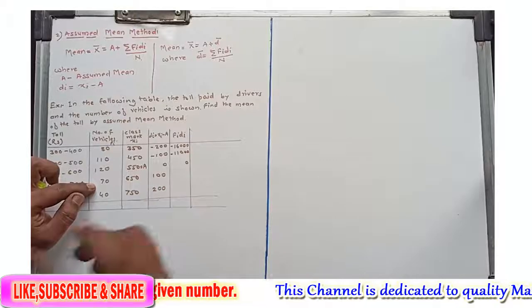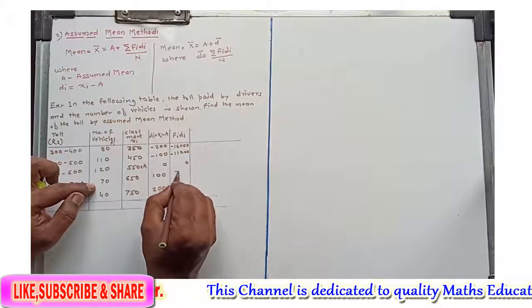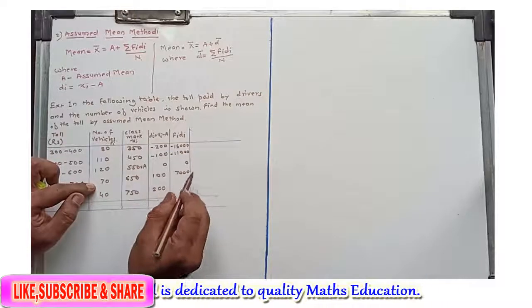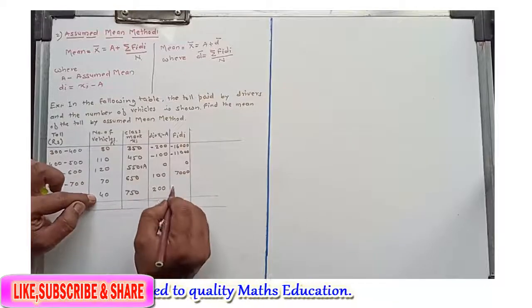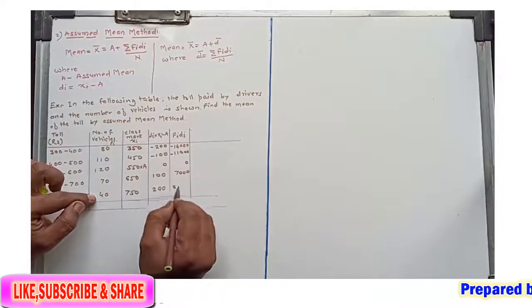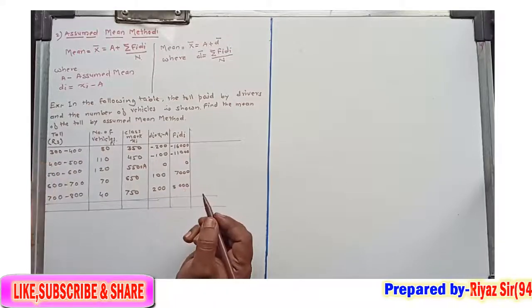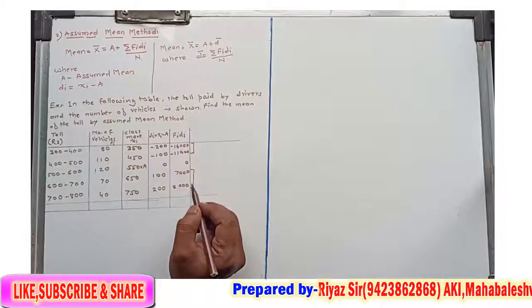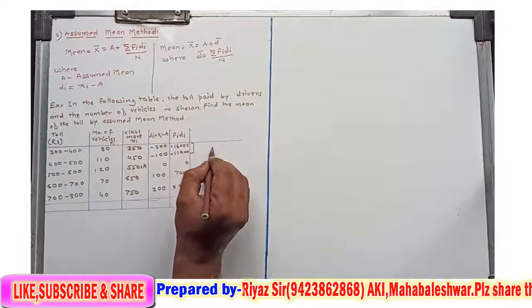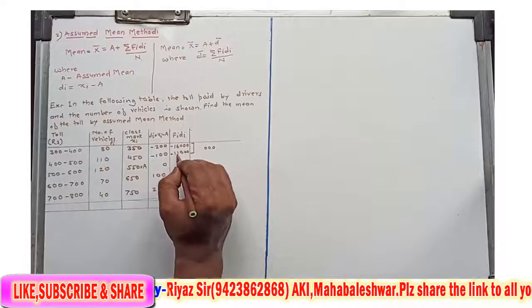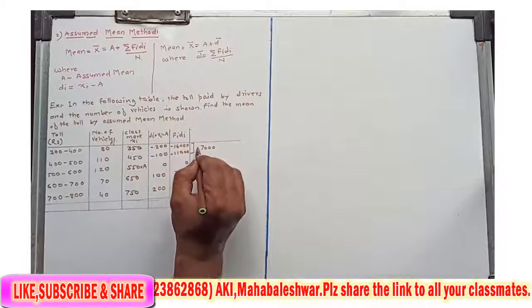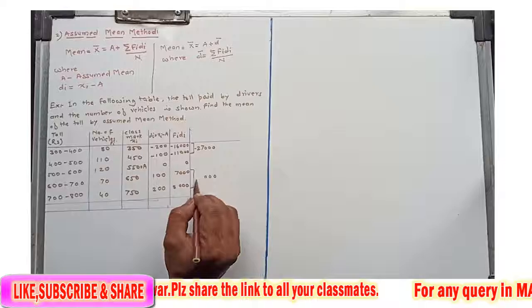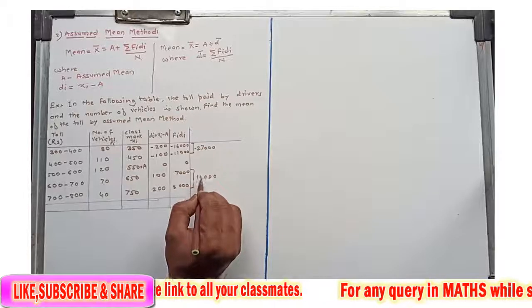70 into 100, so 7 ones are 7, and again 3 zeros we have to add. Then 40 into 200: 4 2s are 8, and here one zero, there are two zeros, so 3 zeros. Just add these numbers with the same sign. So here it will be 000, 6 plus 1 is 7, 1 plus 1 is 2, and here the minus sign will come, and here it will be 000, and 7 plus 8 is 15.